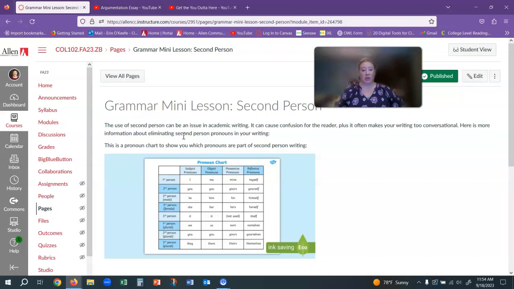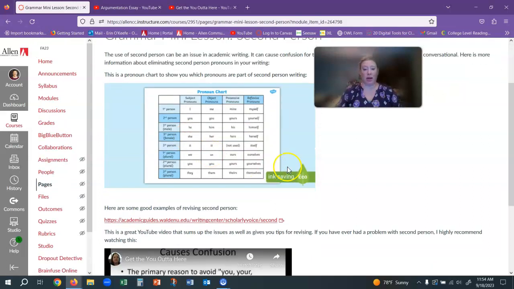Second person is the use of the pronoun you. So I've got the pronoun chart here that you can see. That's the yous and the yours and the yourselves. When we speak and we say you, we're typically meaning the people that we're talking to, and we have an intended audience. When you are writing, it does not translate the same way because you can never be entirely certain